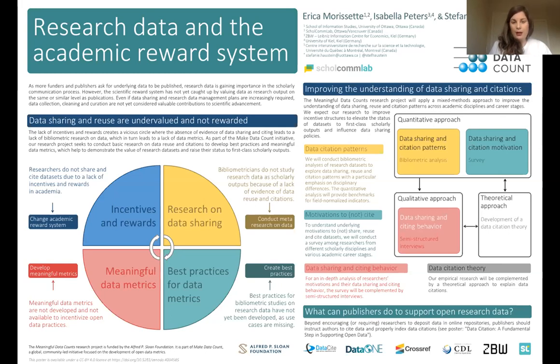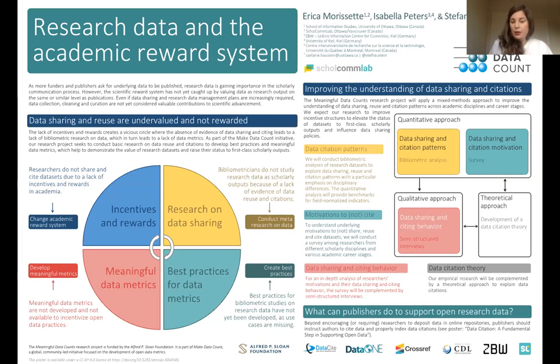We cannot just count the absolute number of downloads or citations and compare a data set from cancer research with a data set from math, for example, or from high energy physics. And then if we go further outside of STEM, comparing this to the digital humanities, for example, will be a whole different picture. So it's really important, we think, to do this basic research to find out about those patterns in order then to create these meaningful metrics that are based on normalization of different scientific fields, something that we know from